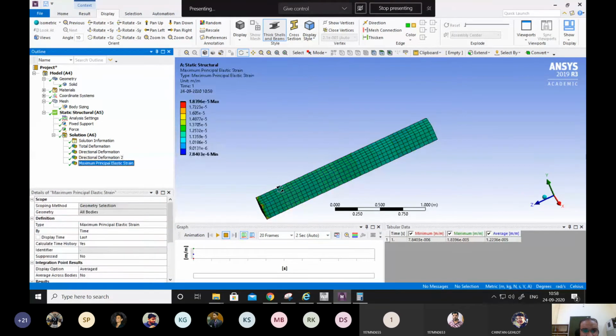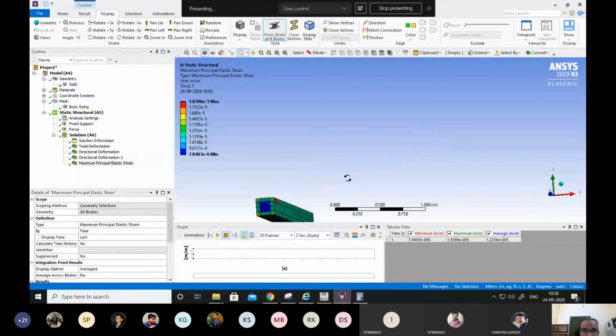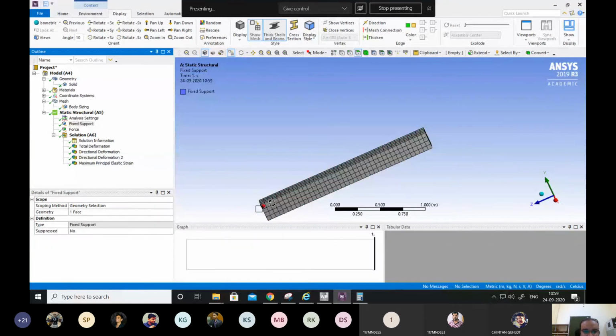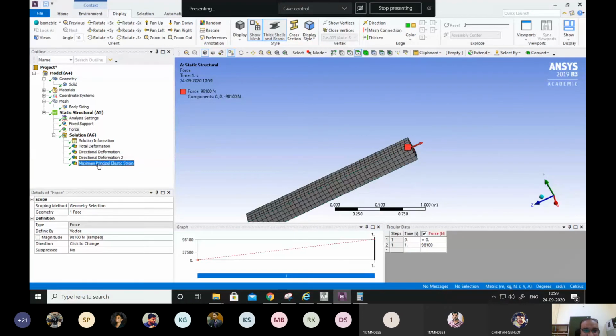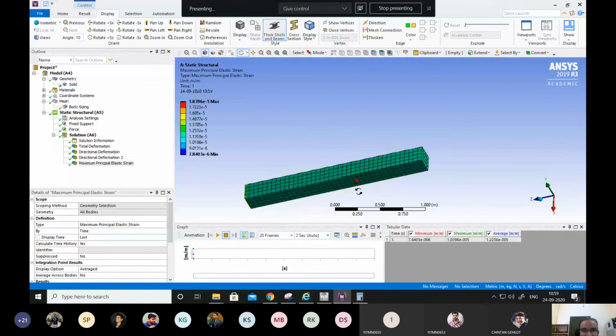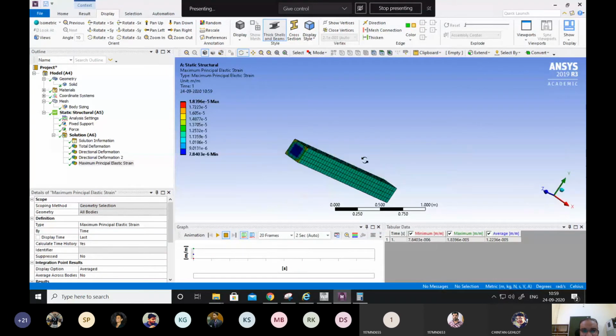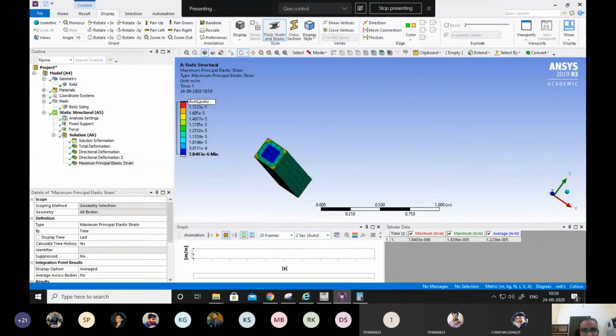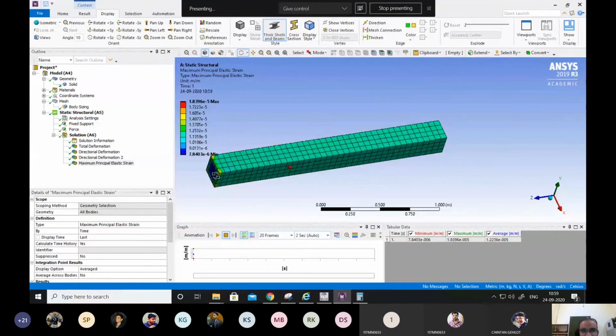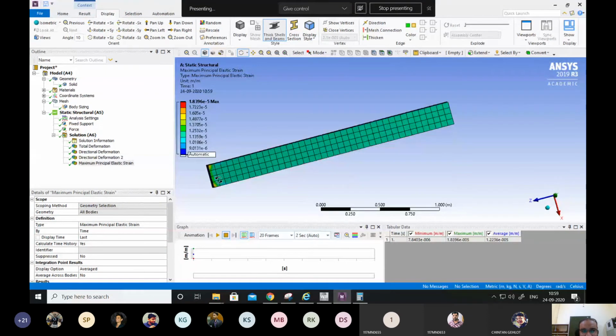In terms of a strain, we can see how the strains are developed. So if you see, this was the fixed support, this one, and the force was applied here, right? So the strain that was developed, the maximum principal strain was at the strained points only, right? And you can see it is more into the restraints. So maximum strain developed will be 1.8 into 10 to the power minus 5, m per m, so unitless, right? And the locations will be on the edges only where the fixed support is there.